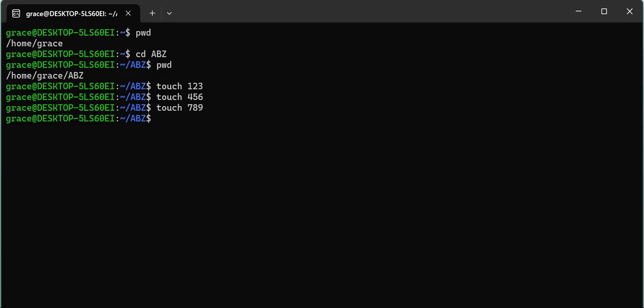So I want to list everything that is within the ABZ directory, or in other words, open up that ABZ directory and check whether the 3 files are inside. So what I'll do is list anything that is in that directory. When I press ls enter, it will list for me the files that are inside. As you can see, there is file 1, 123, based on the name I gave it,